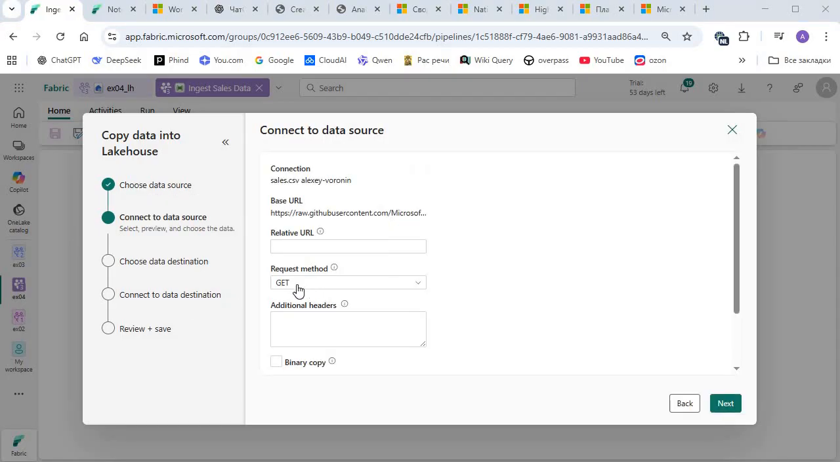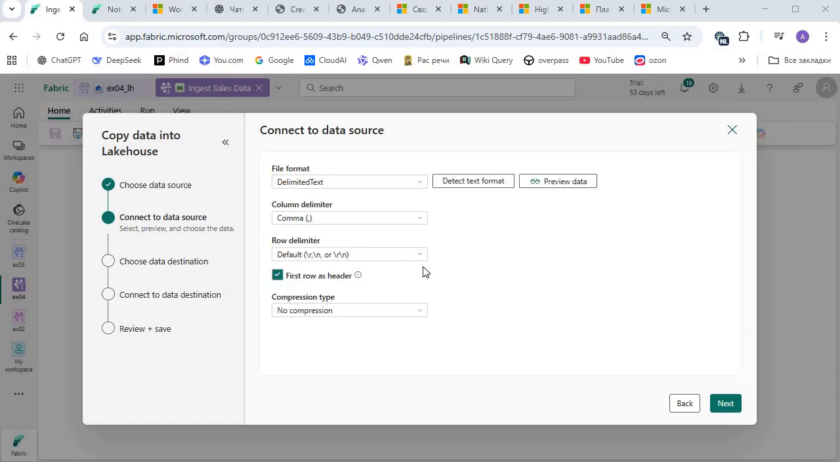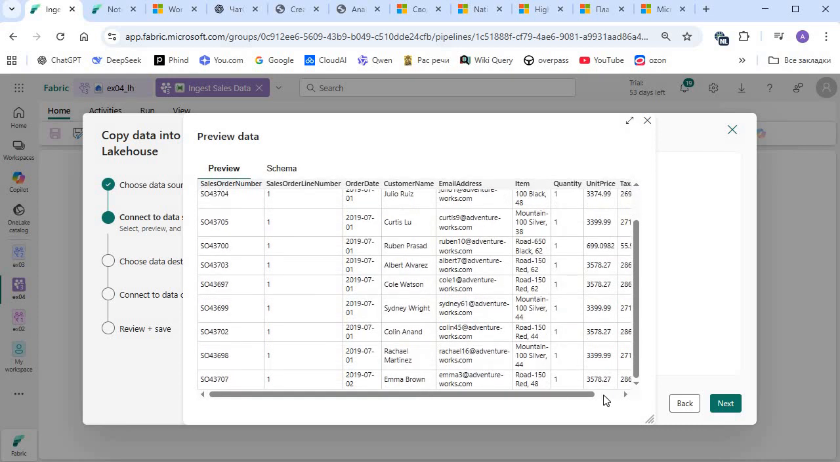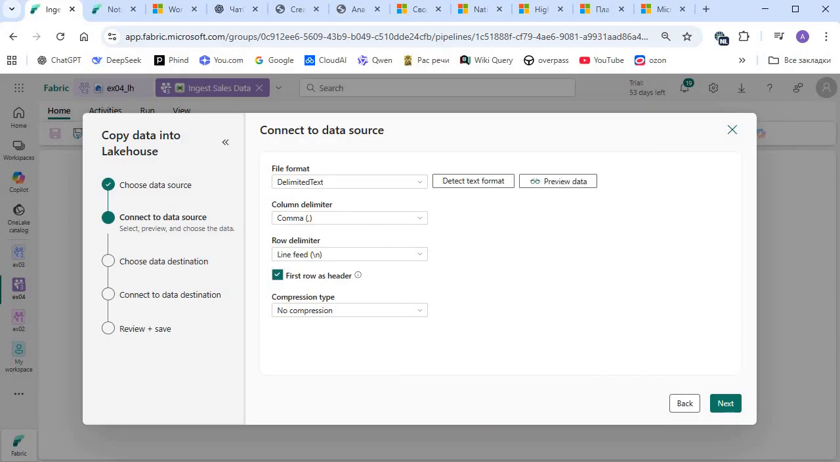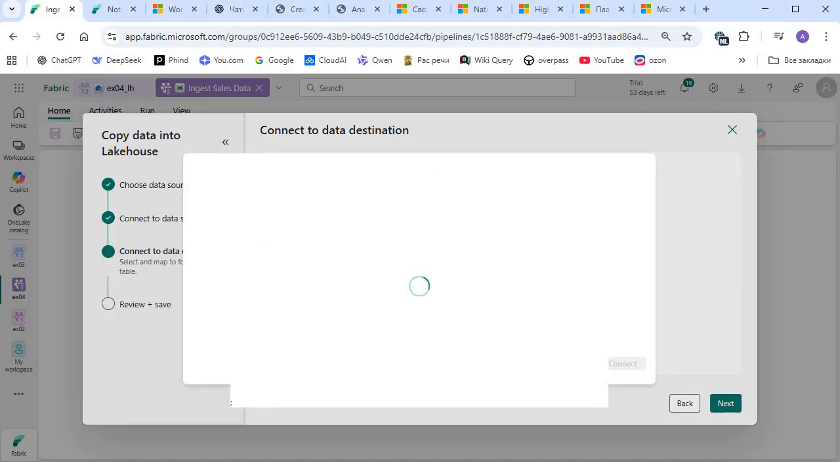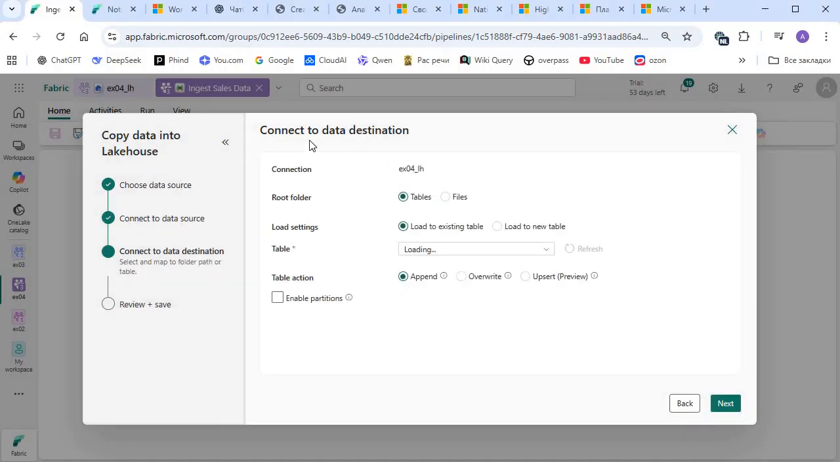Here we need to make sure that the method is get and leave everything else as is. Delimited text, comma, line delimiter /n, first row is header, compression none. Preview data, this is some sales data. We have seen it in a previous exercise. And now we click next, and we start to configure